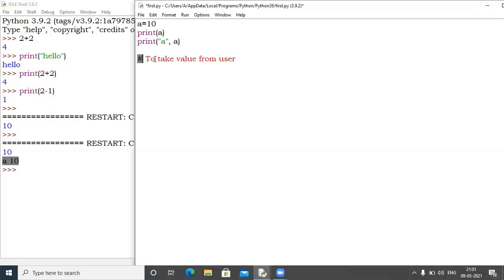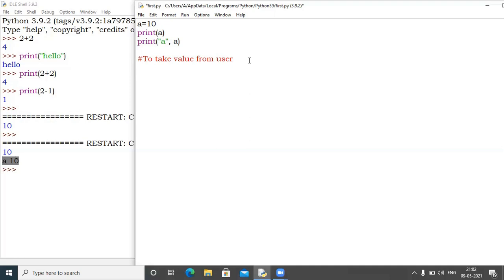Comment means this line will not execute. This is only to convey a message so that you can understand the code. So I am writing this here only to understand what exactly I'm going to do in my next statement. But this code will not give any error because I have put this hash before the sentence. So if you don't want to execute any line, in that case, you will put this hash sign.